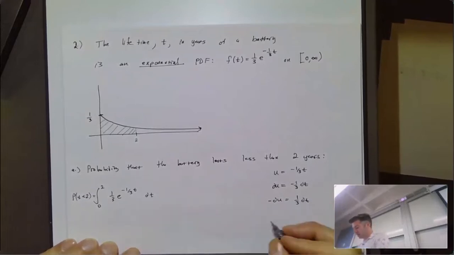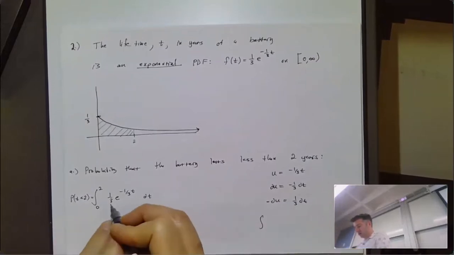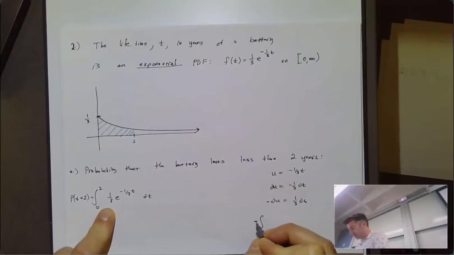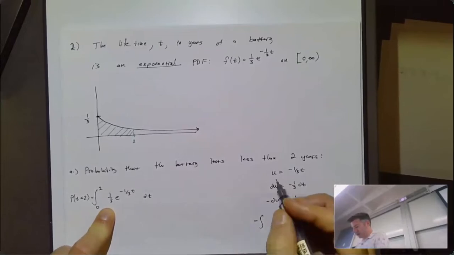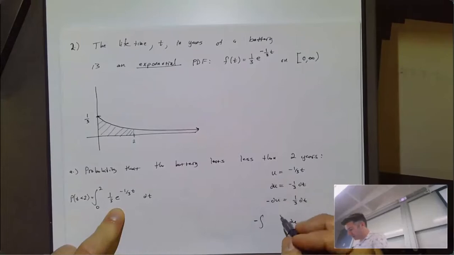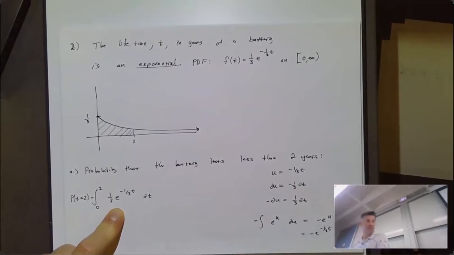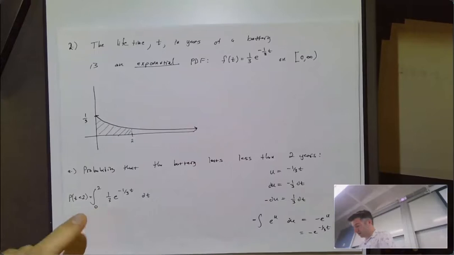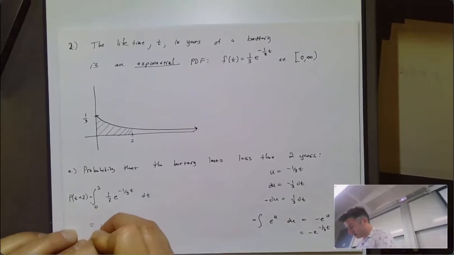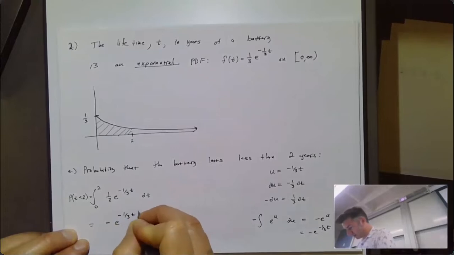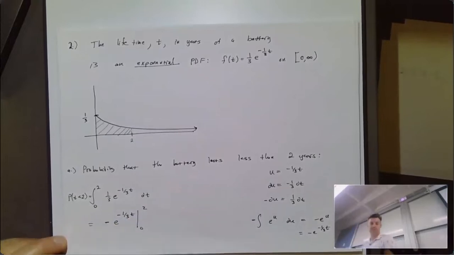So I could rewrite this integral as the integral of 1/3 dt becomes negative du, and e to the negative 1/3 t is going to be e to the u. And the integral of that's just going to be negative e to the u, which is negative e to the negative 1/3 t. So the integral of this is going to be negative e to the negative 1/3 t from 0 to 2, which is going to end up equaling